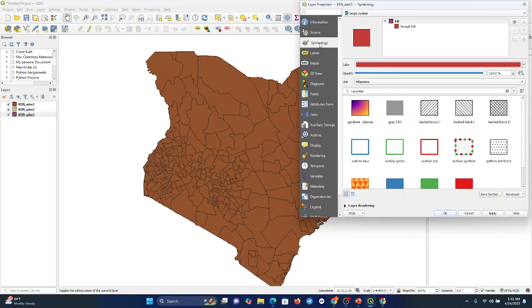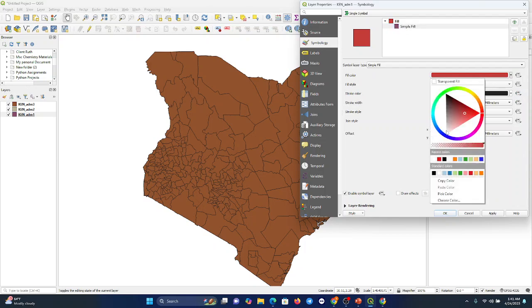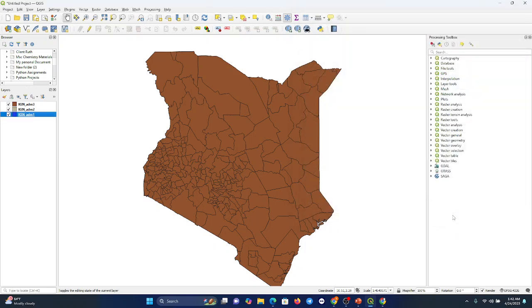I can decide on the Symbology icon. I click on it like this. Then I go to the Simple Fill. I click on it. Then I can play with the colors here. I can change to either this color, then okay, then it changes, or I can also go to this, right